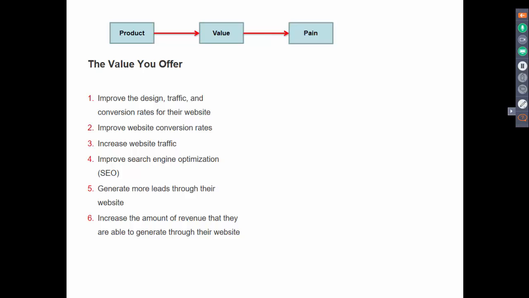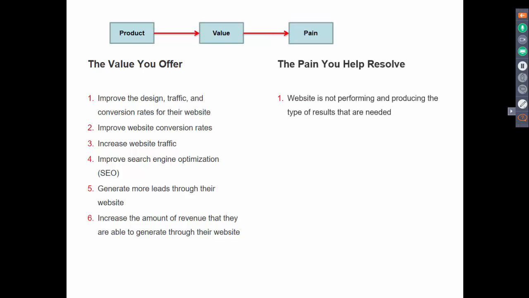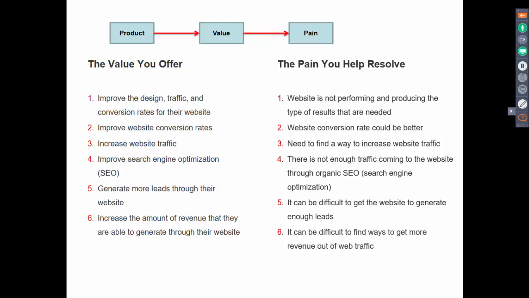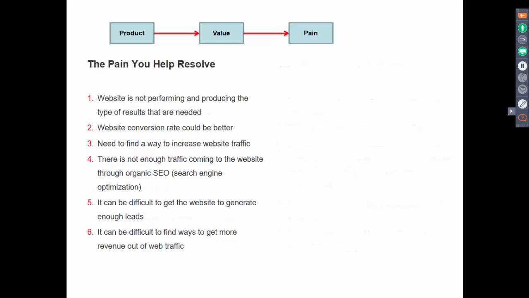So we also want to think about the problems that you help to fix. And I'm sure if we had a whiteboard, you could probably throw a couple pain points at me. But one thing that you can do is look at the benefits that you offer, and for each benefit, there can be a corresponding pain point. It's not to say that's the only tactic you can use to develop a list of pain points. You could probably think of some pain points on your own, but that's just one process you can go through.